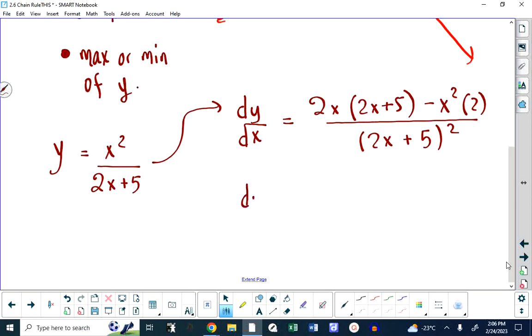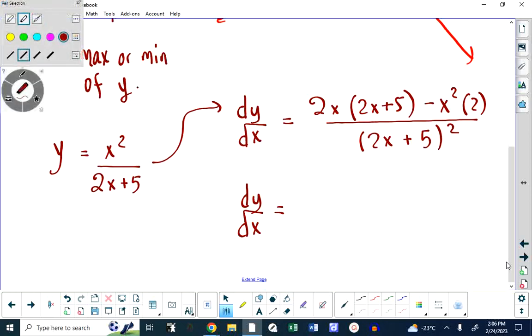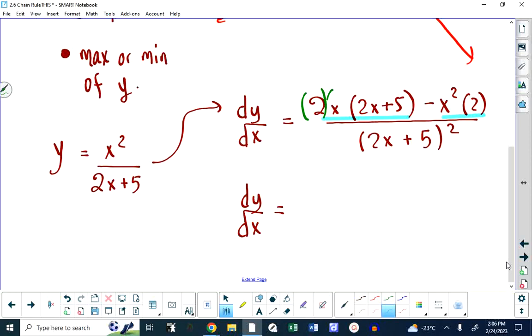There are ways to do the rest of this problem without following my steps. But I always recommend you factor before you multiply. Specifically, what we're looking at here, Isaac, is in the numerator of this expression. We have this term minus this term, and they both have factors. 2 is a factor of the first term, x is a factor of the first term, 2x plus 5 is a factor of the first term,